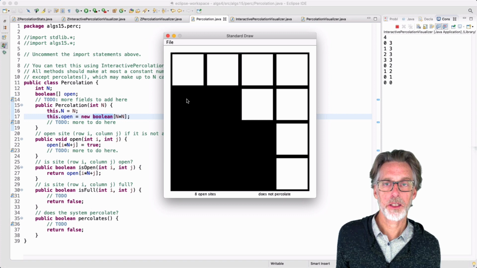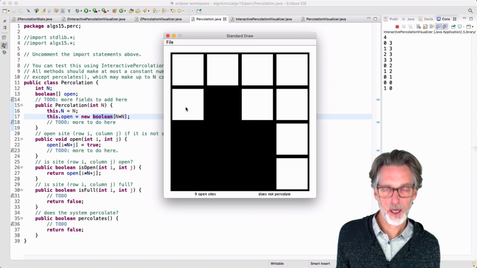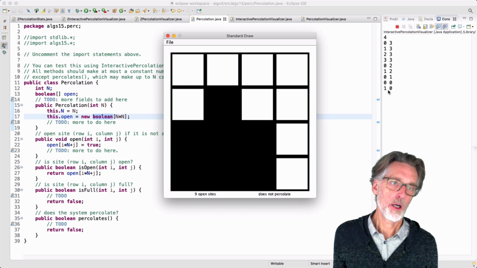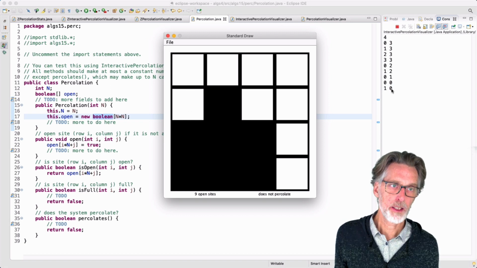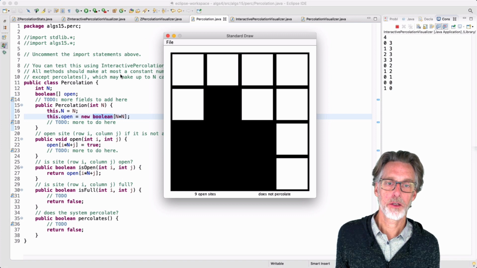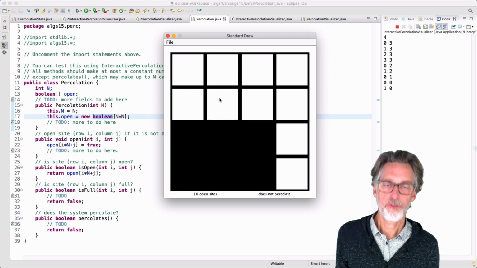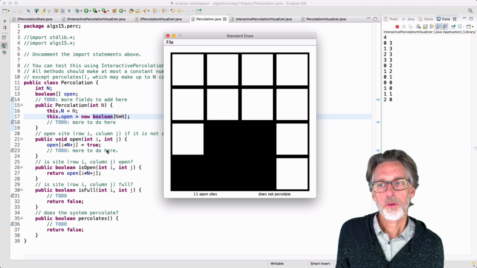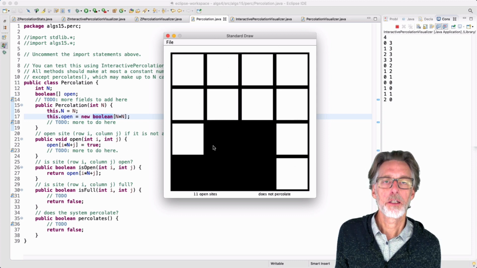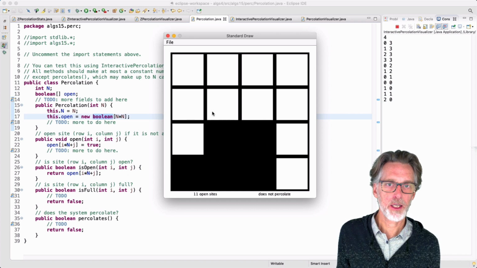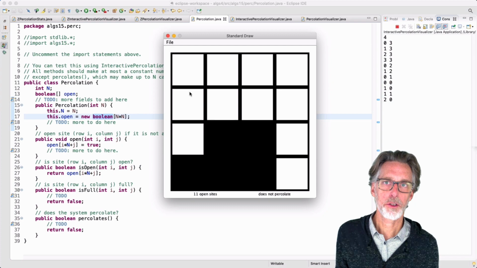If I click here, it's going to be 4. This is item 4, which is actually row 1, column 0. So this is a 4 by 4 grid, and so we go 0, 1, 2, 3, 4, 5, etc. So a click on this grid is a call to open. And every time it's drawn, the software calls the isOpen method for every element here in order to draw the